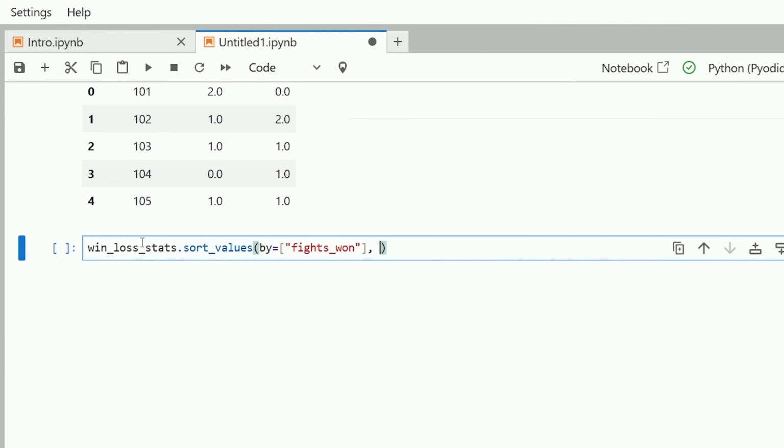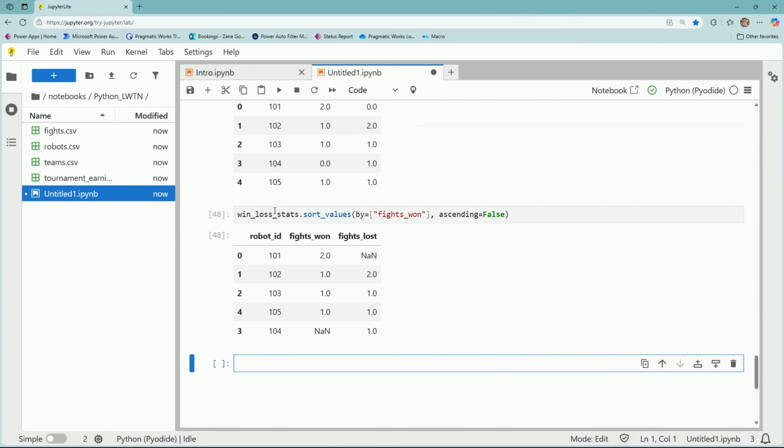Then you pass in a comma. And if we want to change whether this is going to be ascending or descending, we can do that. First thing to understand about that is by default, when we're sorting, it is going to do it in ascending order. So if we want to change that to descending, then we need to pass in ascending equals false. Shift enter, and we can now see that we have fights 1 being what it is sorted by here up